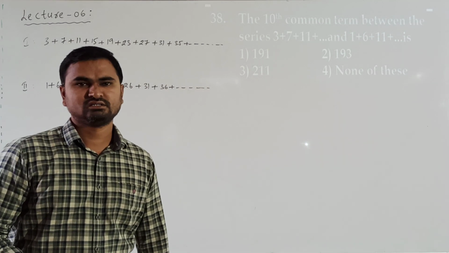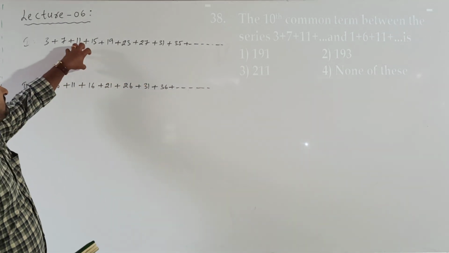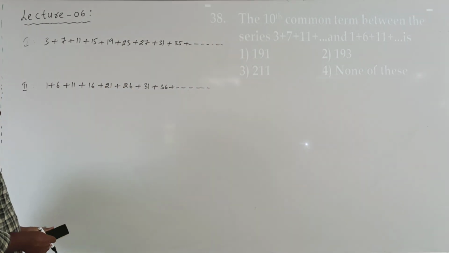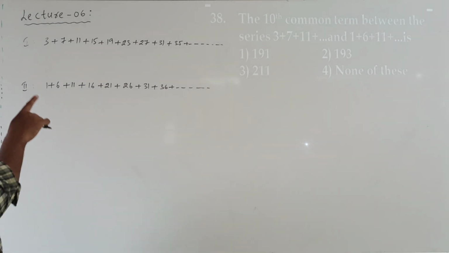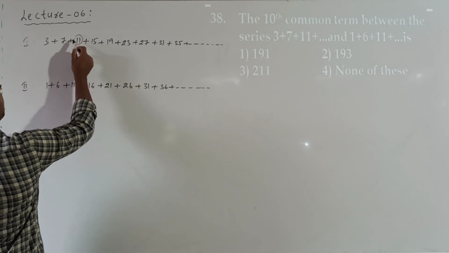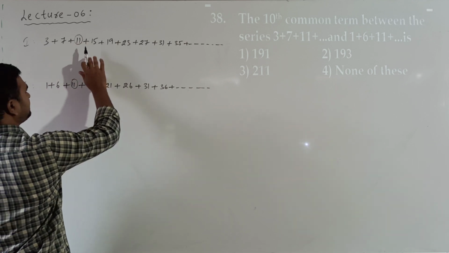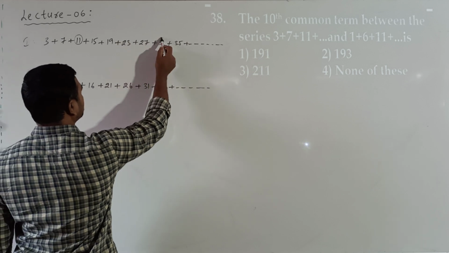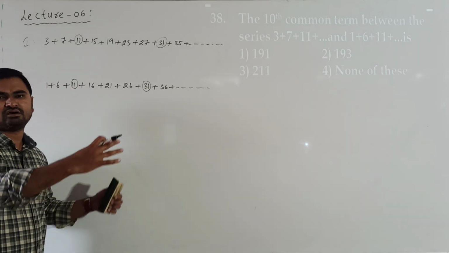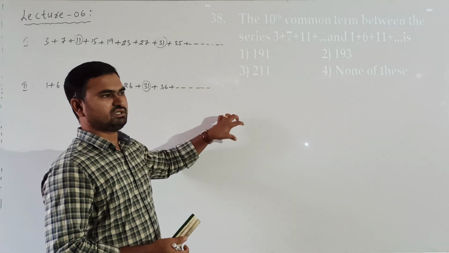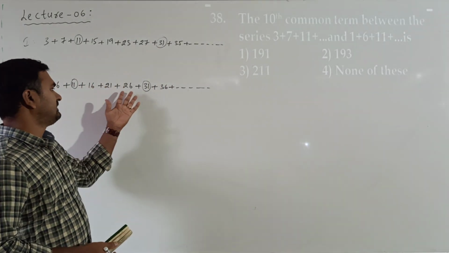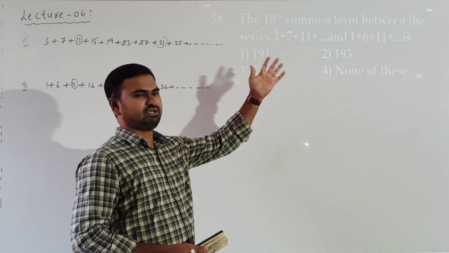Since they are forming a standard progression, now we can add some other terms of this series. Now observe the terms of these two series. We need only the common terms. So what are the common terms here? 11 is common. Next, 31 is common and so on. We cannot write all the terms and see what are the common terms, and since we need the 10th common term, until we get the 10th common term, we have to keep on writing the series.